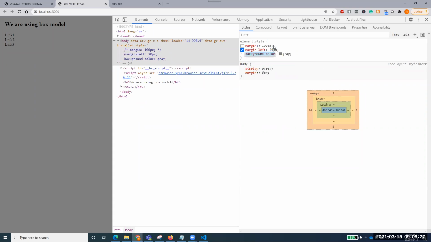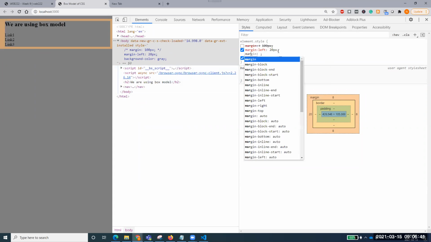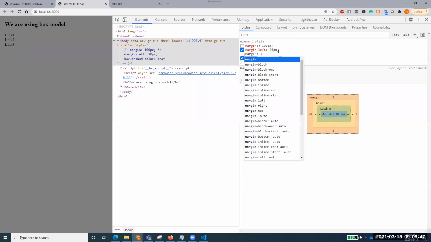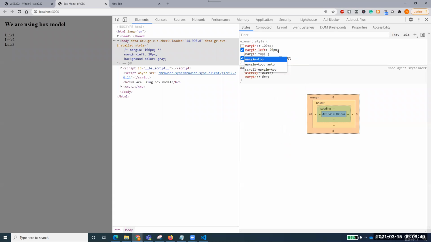You see what has happened to the body. Do you understand? On the x-axis, it has been taken from 8 to 20 pixel, and you can do the same on the y-axis. Yes, margin top, that is called margin-top, and I say 100 pixel.